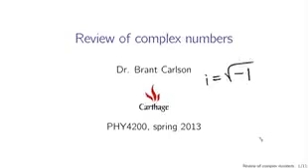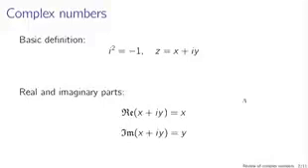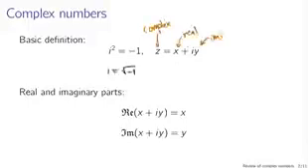Lucky you, perhaps. Here's what I think you absolutely need to know to understand quantum mechanics from the perspective of complex analysis. First of all, there's the basic definition: i squared is equal to -1, which you can think of also as i equals the square root of -1. In general, a complex number z can be written as the sum of a purely real part, x, and a purely imaginary part, i